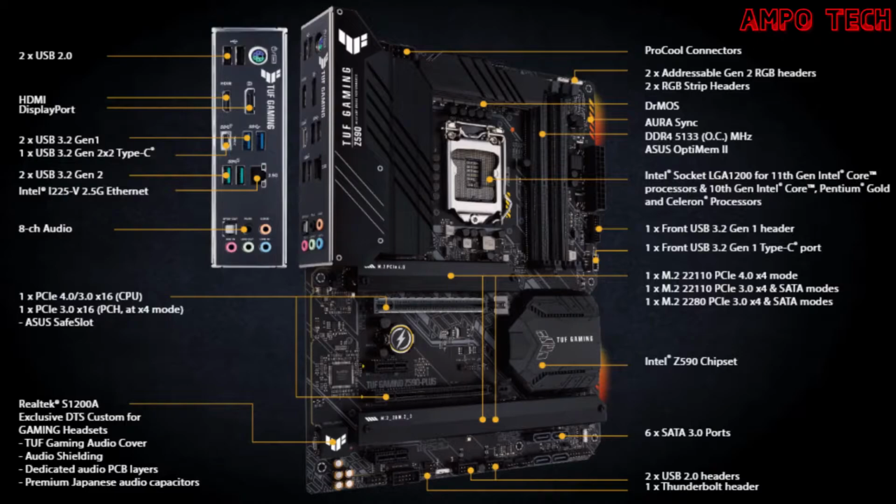For the overview of features on this motherboard: 2 USB 2.0, HDMI, DisplayPort, 2 USB 3.2 Gen 1, 1 USB 3.2 Gen 2x2 Type-C, 2 USB 3.2 Gen 2, Intel I225-V 2.5G Ethernet, 8-channel audio, 1 PCIe 4.0 x16 from the CPU, 1 PCIe 3.0 x16 from the PCH at x4 mode with a SafeSlot, Realtek S1200A, Pro-Cool connectors, 2 addressable Gen 2 RGB headers, 2 RGB strip headers, Dr. MOS, Aura Sync, DDR4 5133 max OC MHz, ASUS Optane M.2, Intel socket LGA1200 for 11th Gen Intel Core,